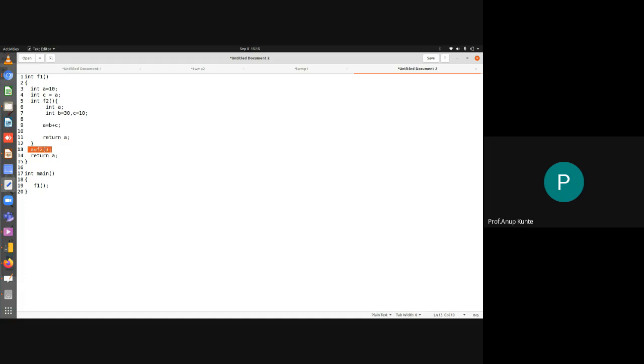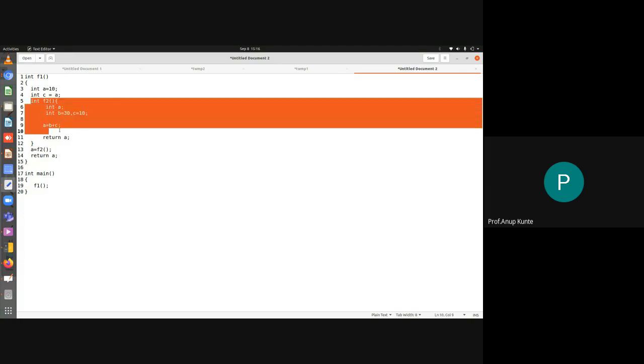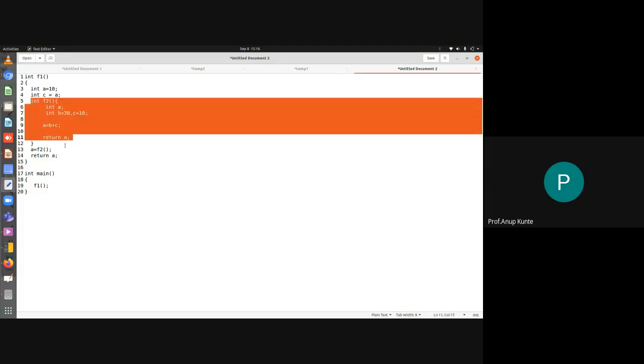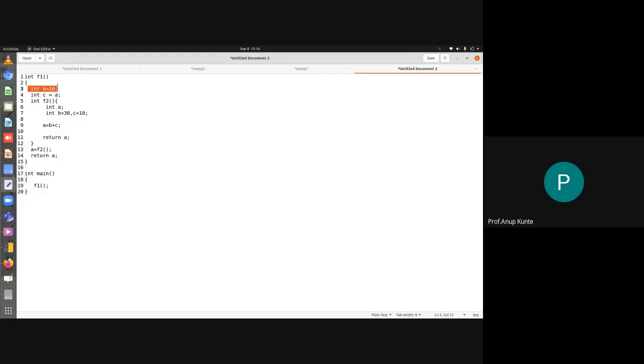So while I am executing line number 13 and I have just made a call to f2, and I'll start executing from here onwards, as I execute these steps, my earlier binding that was created, the association of name a to that memory address and the values, is currently disassociated.